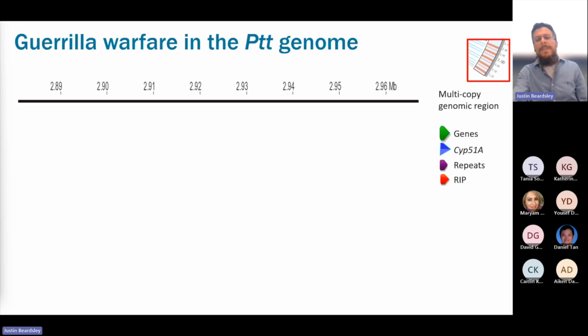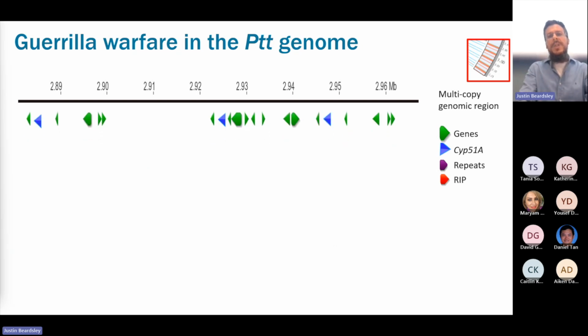Now, so what is really going on here? In this region of the genome, what we're representing are our CYP51 copies, right? So these are the duplications. We've got 3 in this case. These green genes are actually effectors, right? Or effector-like proteins. So they are potentially involved in